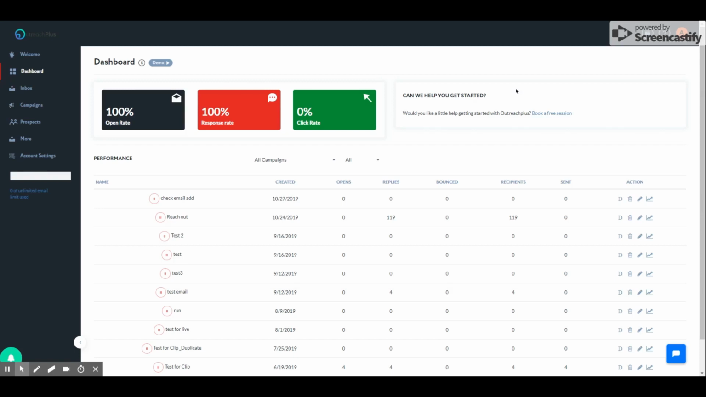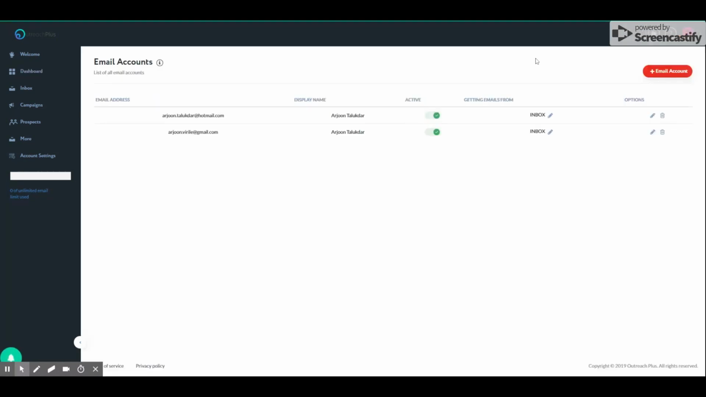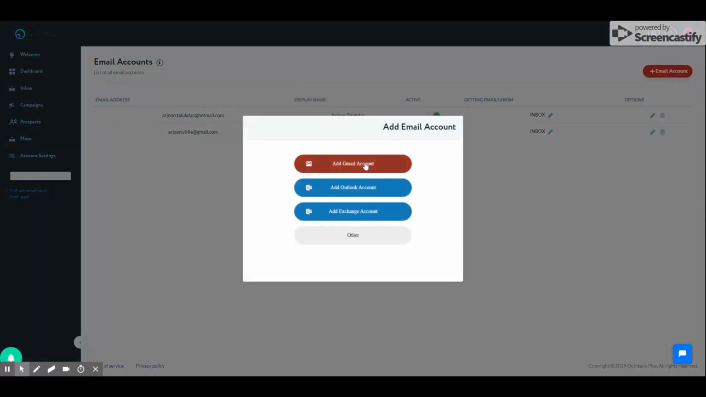Yeah, so to add an email account, the user needs to go to the list of email accounts already added, a section where he can manage the email accounts. These are already added email accounts. Now the user will click on plus email account here, click on add Google Gmail account,